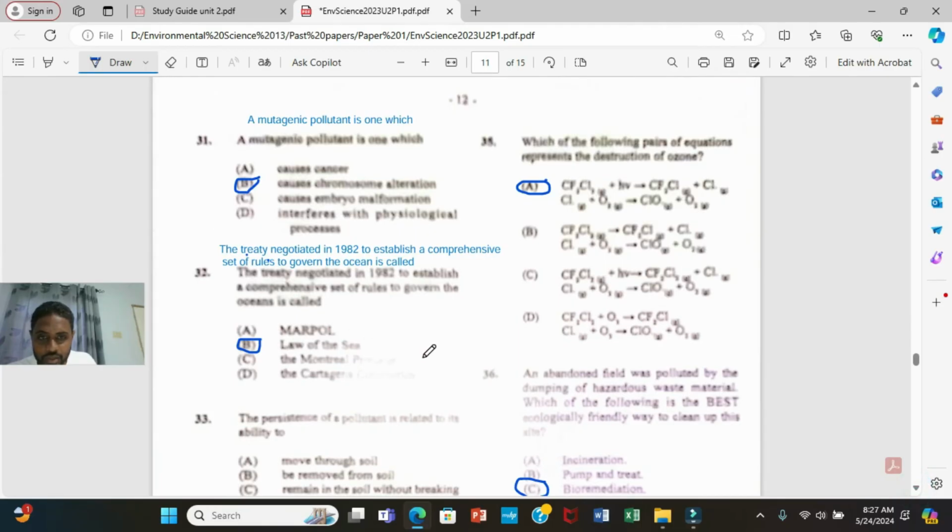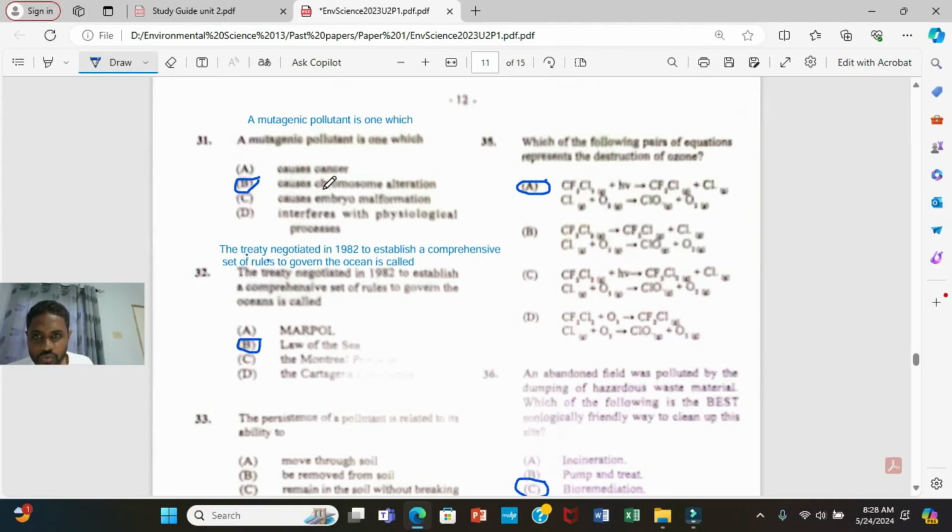Alright, this is a bit blurry. Sorry about that, guys. This is how I got the paper. Some of these questions are repeated in paper 2020, so I'll drop that one soon, so you can watch it for the explanations for these that are blurred. But I'll answer these. All right, for 31 here, it says a mutagenic pollutant is one which, of course, guys,